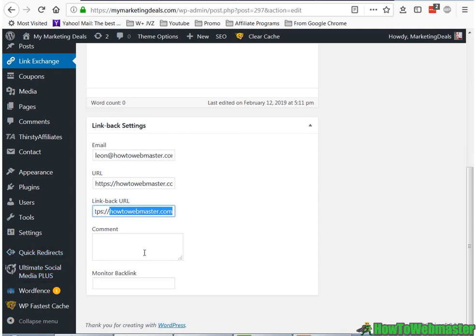And here's a cool thing with this link exchange plugin. It'll automatically monitor the backlink at the link back URL, so that let's say your visitor decides to cheat the system, and they added in your website on their site, and then the next day they remove the link. With the monitor backlink, it'll check daily to see if your link is present at the link back URL. All you have to do here is type in your website, and actually before publishing you should check the link back URL to see if it actually contains your website link, or you can just monitor the backlink and it will do it for you automatically. Then click on publish,